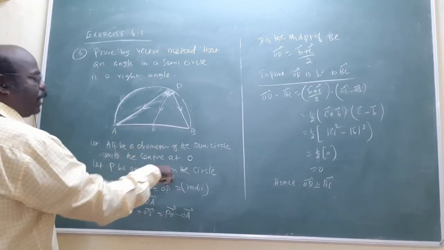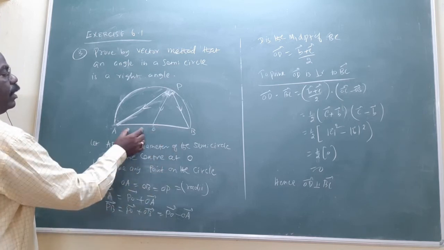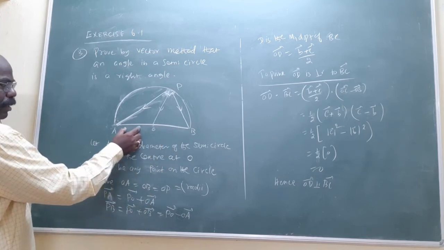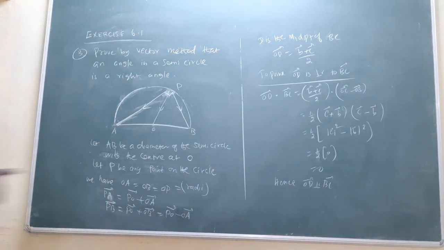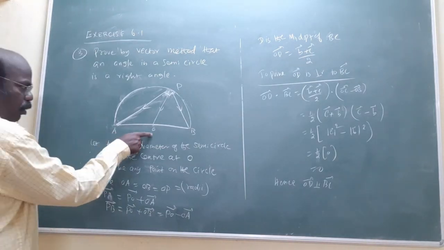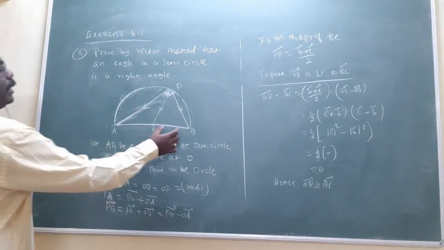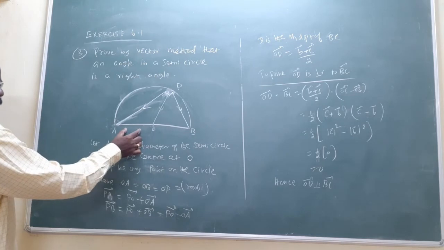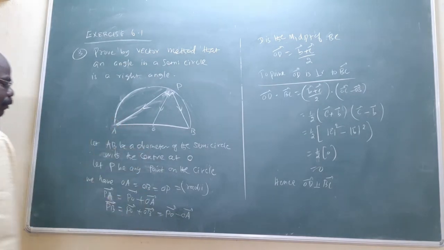AO and OB will be equal. But instead of OB, what? AO only. You want to interchange? Minus OA. Am I right? That's very important. A to O and O to B will be equal. But instead of OB, you write AO actually. But we want OA, that's an interchange. That's why the minus will come.